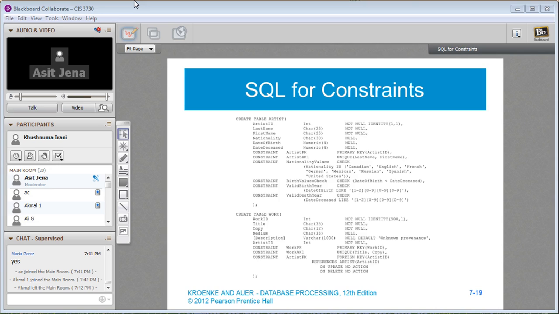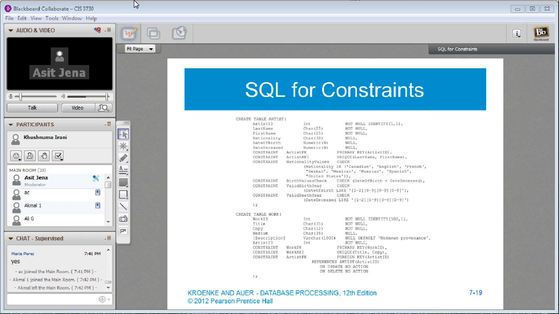Similarly, valid birth year. Valid check date of birth basically says that the first digit can be 1 or 2, the next can be between 0 and 9, and the next can be between 0 and 9.